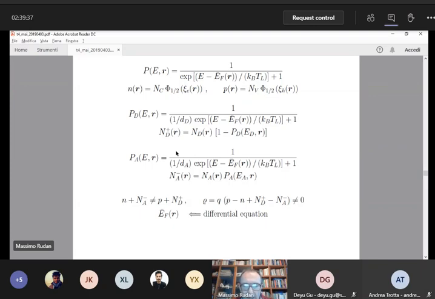At each position in the semiconductor, the total concentration of the positive charges, p and Nd plus, will not compensate the total concentration of the negative charges, that is n and Na minus, okay? So the quantity in parentheses is non-zero in general at each position in the semiconductor when the semiconductor is non-uniform,